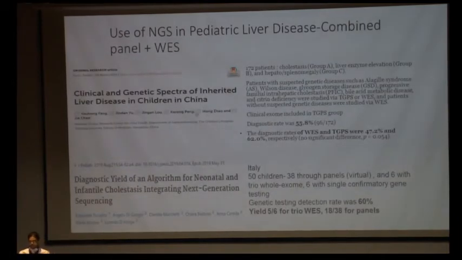So there are some recent studies looking at the combination where they have used both gene panels along with whole exome sequencing in pediatric disease. So this is a study from China in which they divided the groups. In patients who had a strong suspicion of a genetic disease that fitted into a particular phenotype, they did targeted testing. However, in patients in whom there were non-specific features, they did a whole exome sequencing, and overall